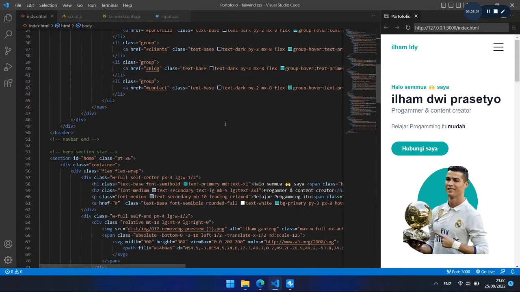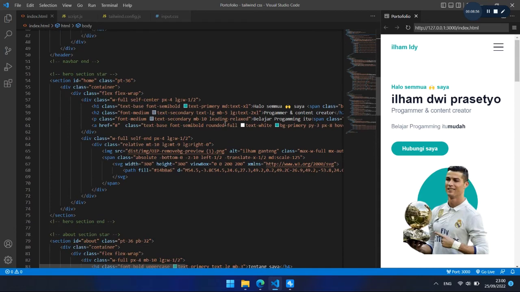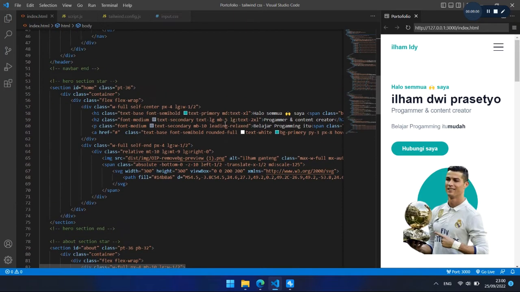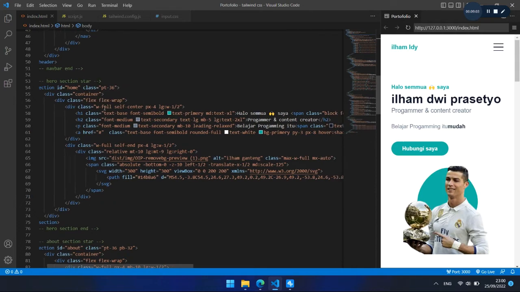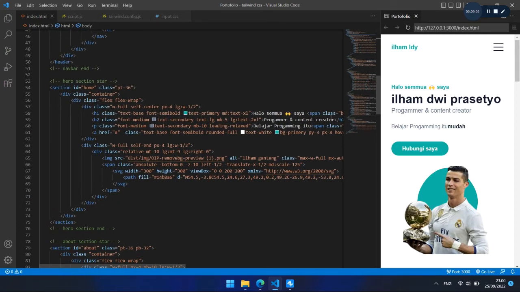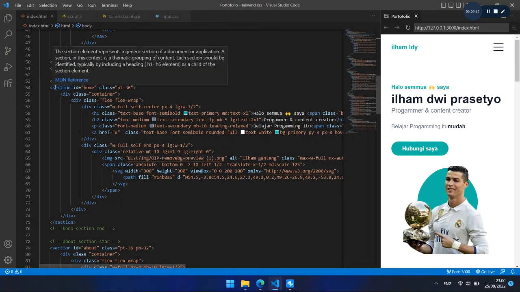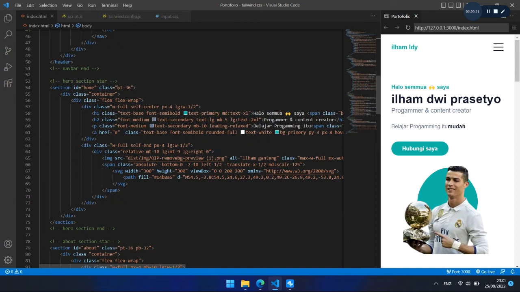And now, oh, this is the nav bar. Okay, I'm sorry. And now you can set with a hero section. Okay, the hero section is from hello semua after this picture. The first, we can create the tag section with id home, and class is padding top